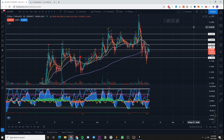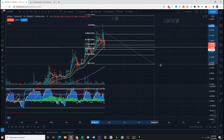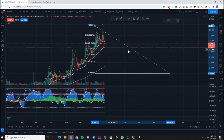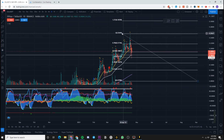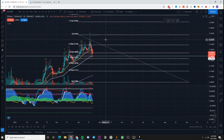ideal profit-taking targets. Besides that, we can also come up to the daily chart and draw a Fibonacci retracement from swing high to swing low. That would give us extra profit-taking targets as well, but this would be macro level profit-taking targets, which means this line right here at the 0.786 would act as pretty strong resistance, as well as the 0.5 level and the 0.618 level. Because these levels are formed on the daily chart, you can expect them to be stronger support/resistances. So try it out yourself, draw a Fibonacci retracement from swing high to swing low, and those are your profit-taking